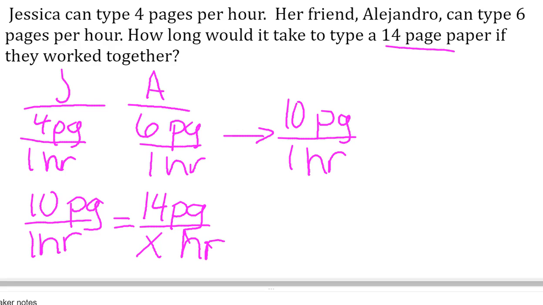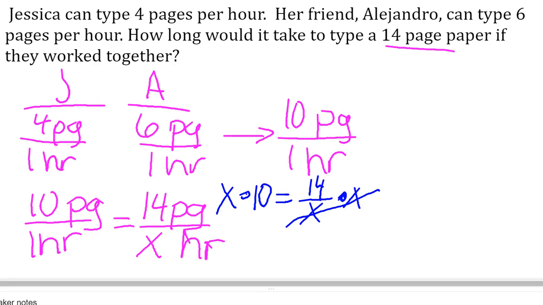So what do we end up with here? If I set up my equation, then I have 10 over 1, but I can just call that 10, is equal to 14 over X. I want to get X out of the denominator, so I need to multiply on both sides by X. If I multiply on both sides by X, the X